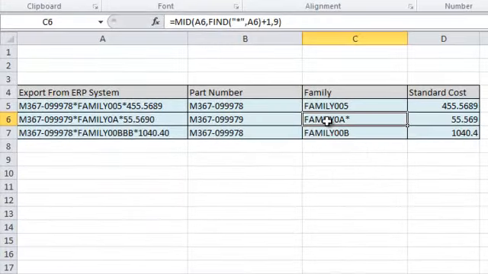So here we have an example where the family is not 9 characters. So we just want to look at what changes we would make to make this a little bit more robust. Currently it's set up for 9 characters, which you can see here in the example at rows 6 and 7. I've changed the length, so here it's 8, and here it's 8, 9, 10, 11